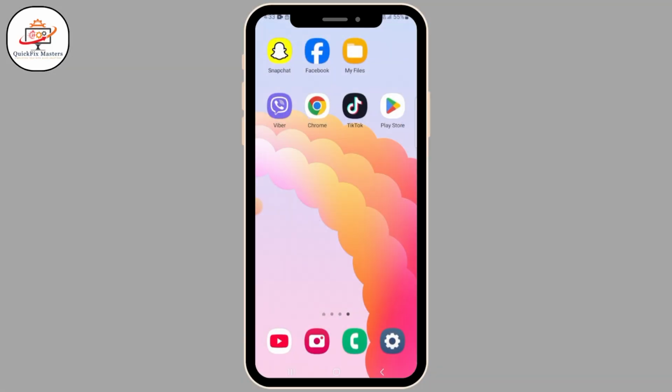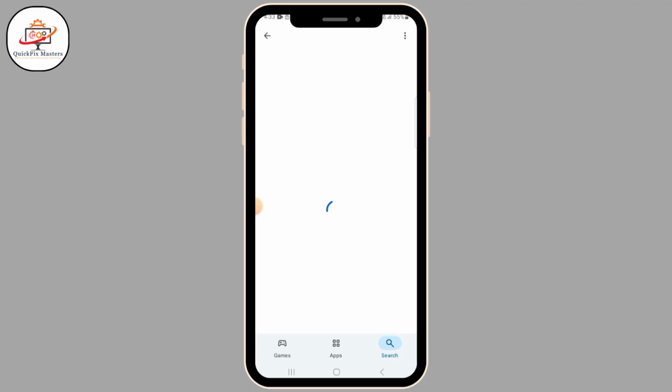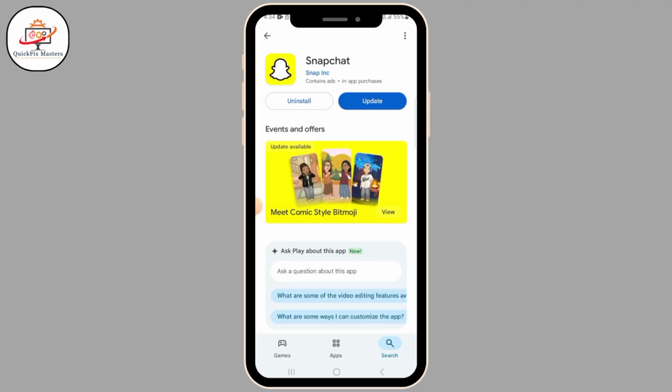How to fix Snapchat camera zoom error. In this video, I will guide you step by step on how you can fix Snapchat camera zoom error. The first thing you want to do is open Play Store or App Store. Now search Snapchat. Here, if you find the update option, simply tap on that and update the app to the